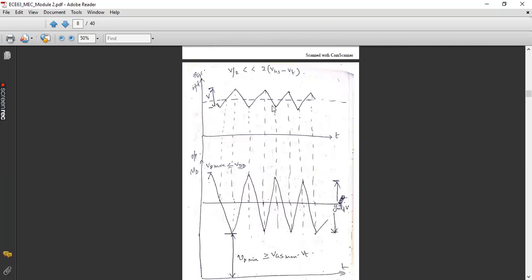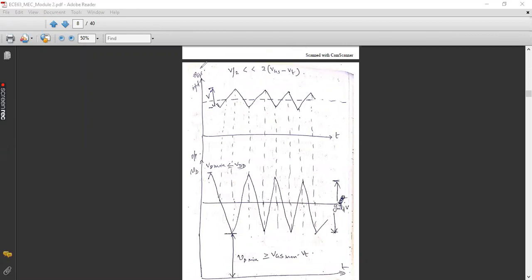So the first graph, what I have shown is VGS, which is your input signal. Here I have taken the effect of DC signal as well. That is why we are expecting a shift, or a clamping effect, to this triangular waveform. Normally, if there is no DC effect, this triangular waveform should have a reference ground level, right? So we have considered the DC effect also. That is why this triangular waveform has shifted upwards by a definite voltage.